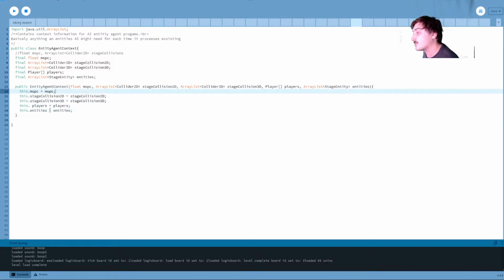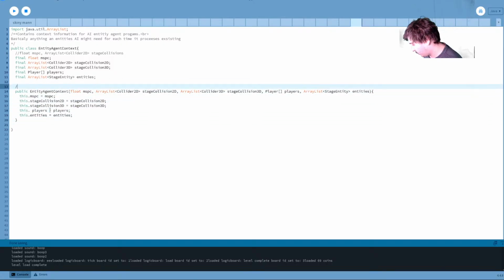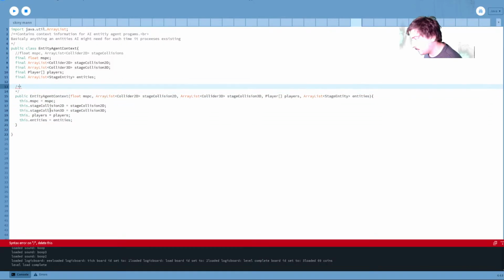Now we need to be able to actually access these things. But first I want to create a context object for the entity on a stage. There we go.